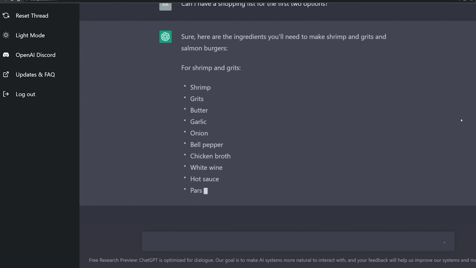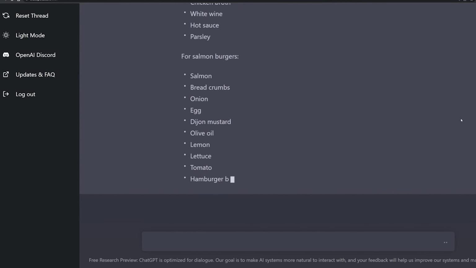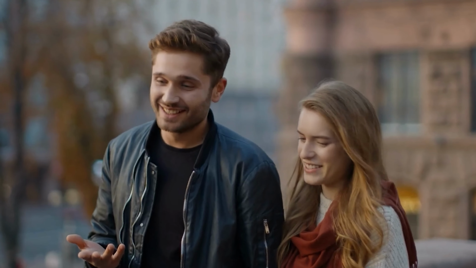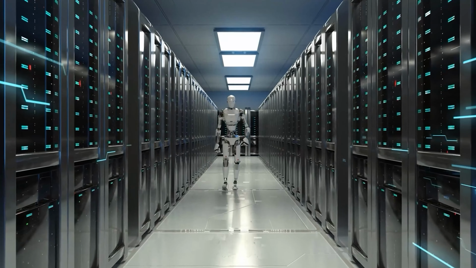However, it's worth noting that ChatGPT's training data only goes up until late 2021, which means that it may not be as up-to-date with current trends and events as Google Bard. In the upcoming sections, we'll dive deeper into the core differences between these two chatbots and explore which one might be the best fit for your needs. Google LaMDA is built for dialogue, OpenAI's GPT is built for text functions.